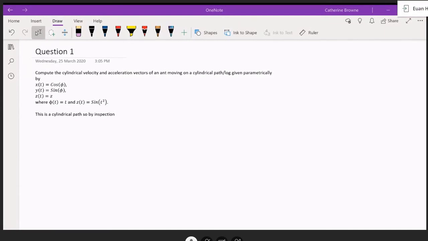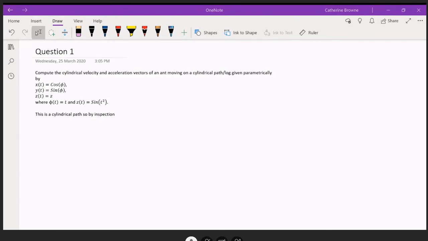But anyway, we'll get started on this week's tutorial. First question. We're going to compute the cylindrical velocity and also the cylindrical acceleration vectors of an ant moving on a cylindrical path. So if you imagine a log, maybe the ant is walking around it. So it can't go off the log and it can't go into the log. So it's just walking